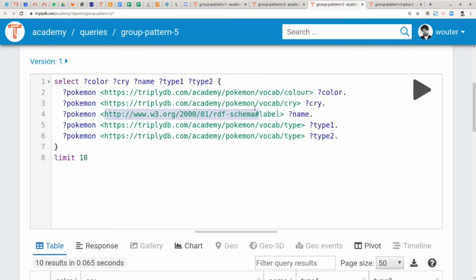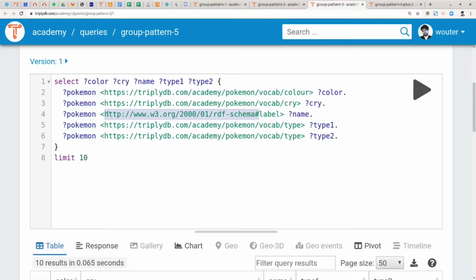And this is very normal in linked data, because in linked data everybody can publish their own vocabulary. Everybody can publish their own set of terms that you can use to describe knowledge graphs. So some of these terms are coming from this knowledge graph. Some of the terms are defined in the Pokemon knowledge graph. Those are the terms that start out with HTTPS, DB, etc. But there are also some terms that are coming from different vocabularies that have been specified by other people on the web. In this case, the